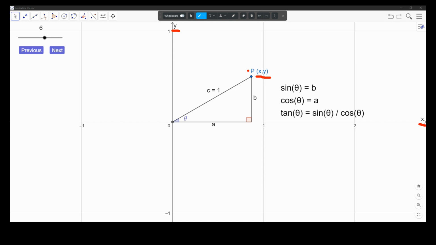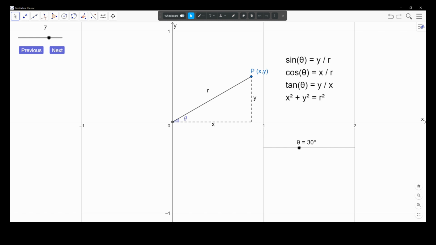We require two coordinates, and we label them also X and Y. The coordinates describe the distance that would be required to travel in the X direction, followed by the Y direction, to arrive at the point P. So I traveled a distance X in the X direction, and then I traveled a distance Y in the Y direction to arrive at the point, and then I can label the point with those distances,